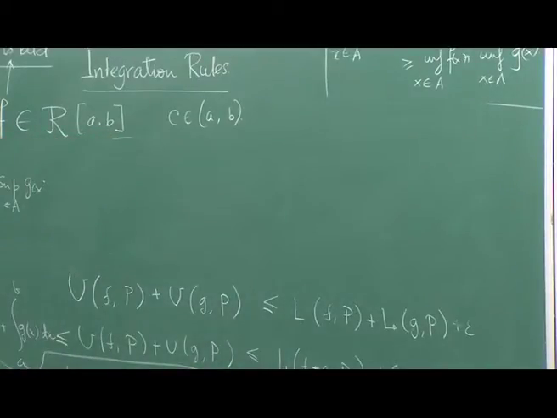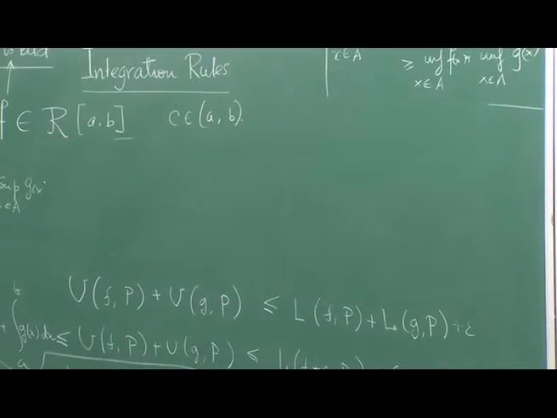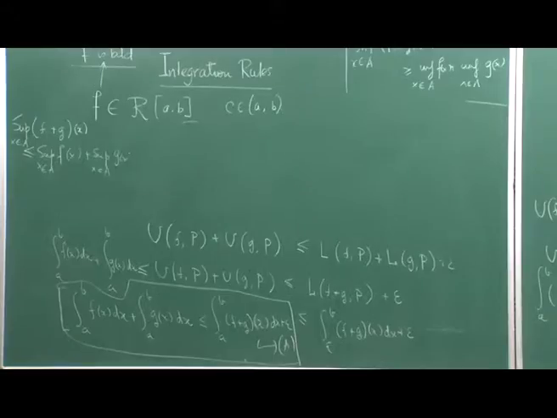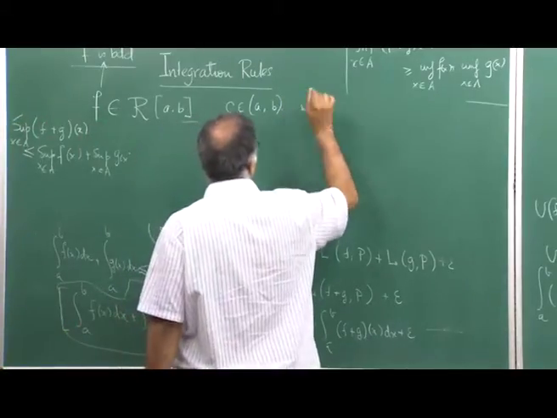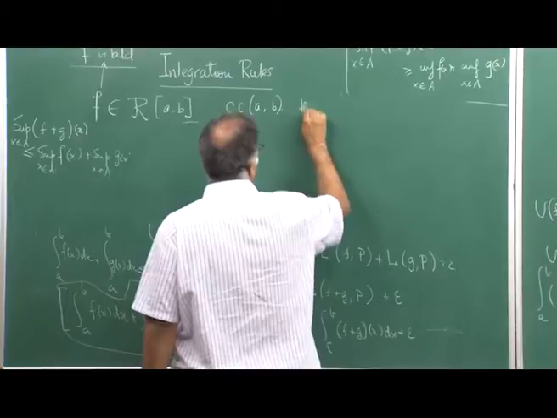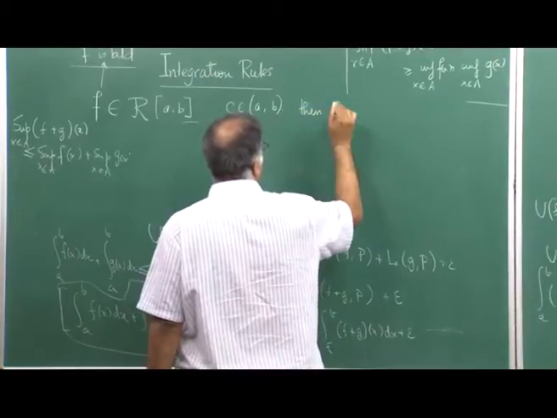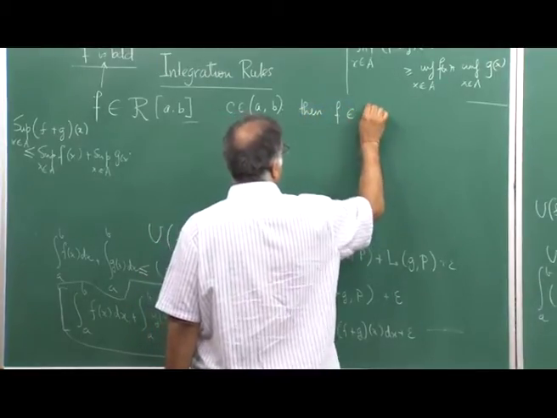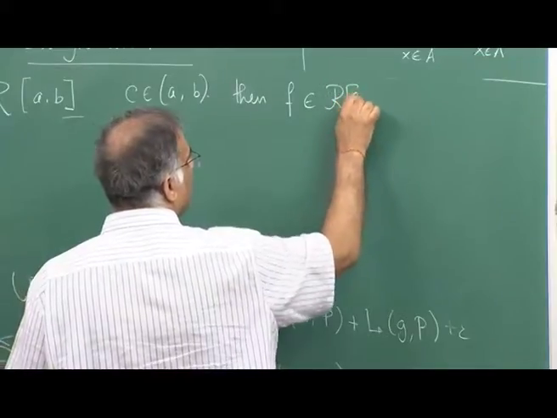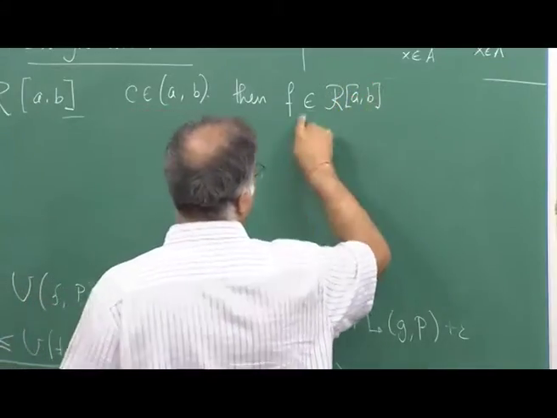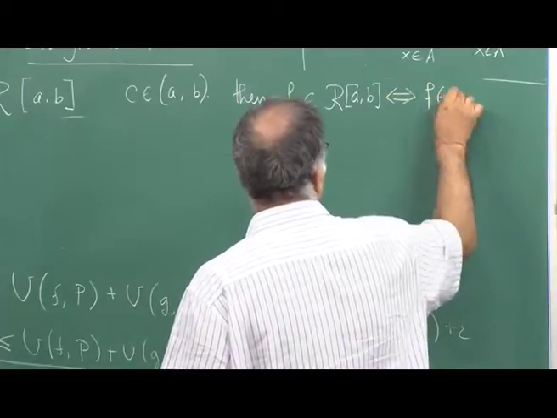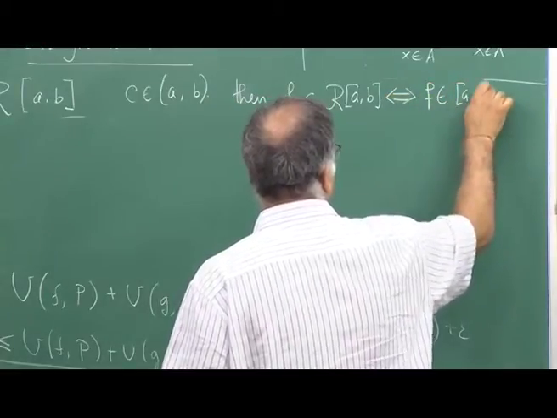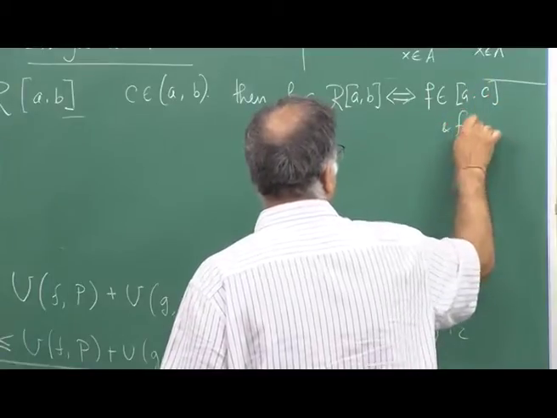Of course, I can take C equal to A and B, but they will become degenerate points and there will be unnecessary complexities which you do not require. If C is in AB and f is an element of R[A,B], then f is Riemann integrable if and only if f is an element of R[A,C]